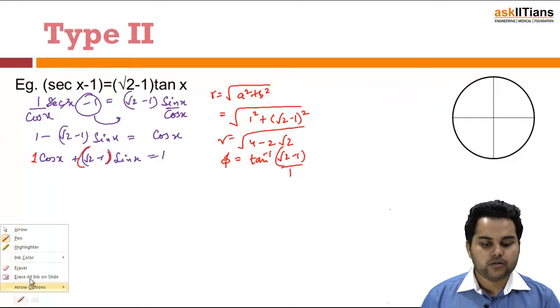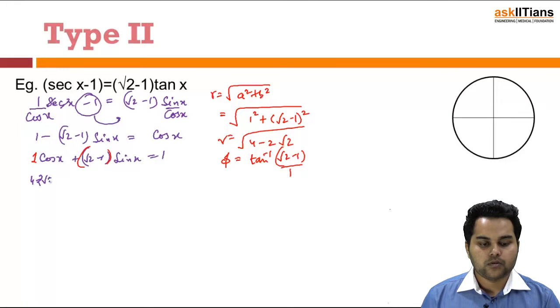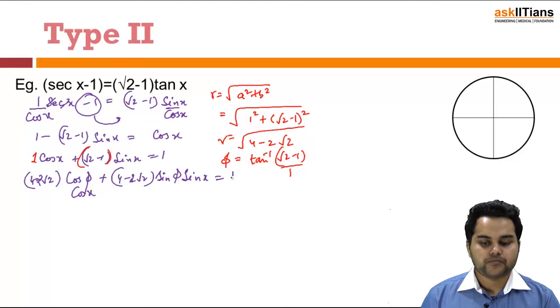So coming back to the question now, I have 1 being written as root 4 minus 2 root 2 cos phi plus root 2 minus 1 being written as root 4 minus 2 root 2 sin phi. The first one in multiplication with cos x and second one in multiplication with sin x shall be equal to 1. Then root 4 minus 2 root 2 is taken as common. I will be left with